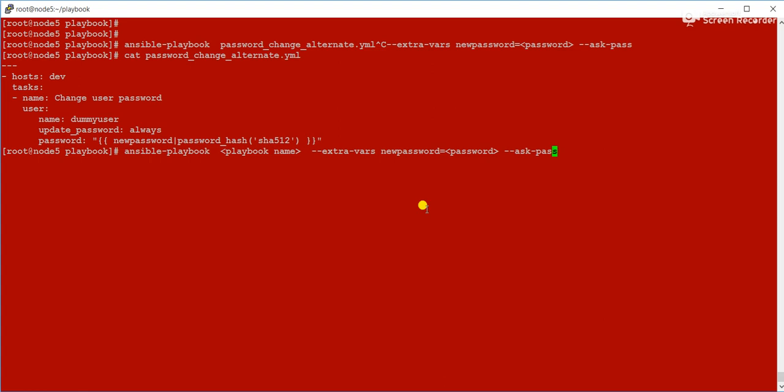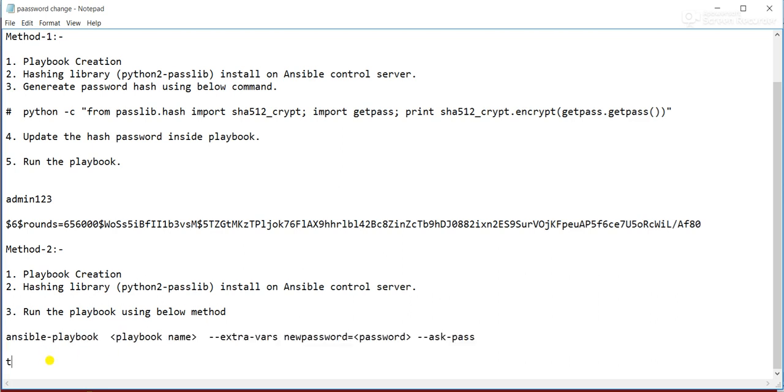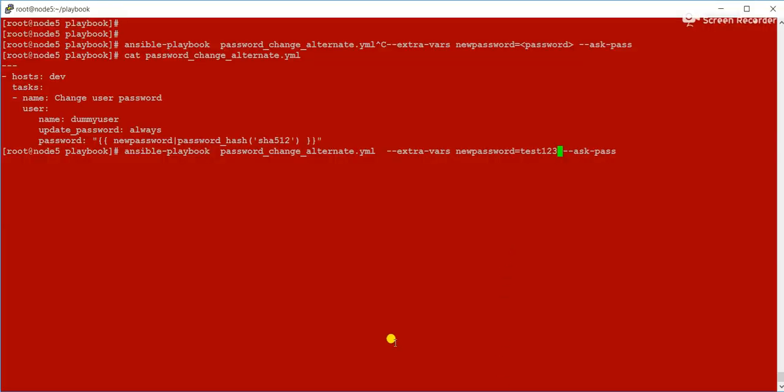We need to provide the playbook name, then --extra-vars, then new_password equal to our password. Suppose in this case, test123. So this is our new password.